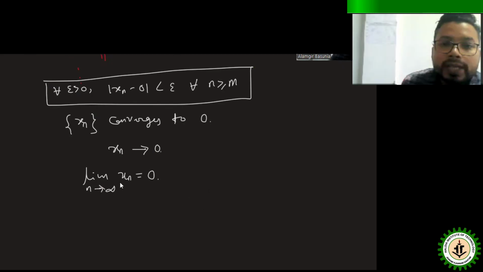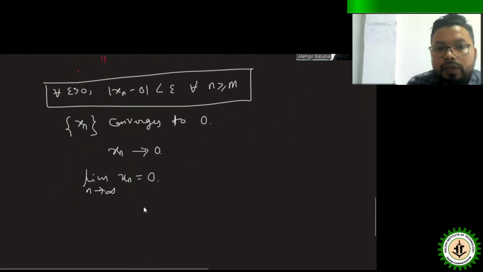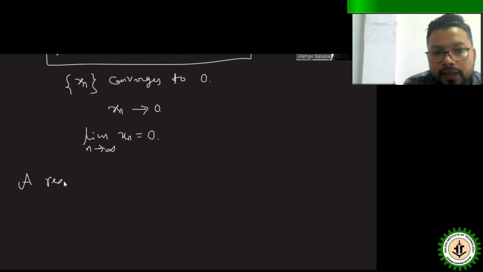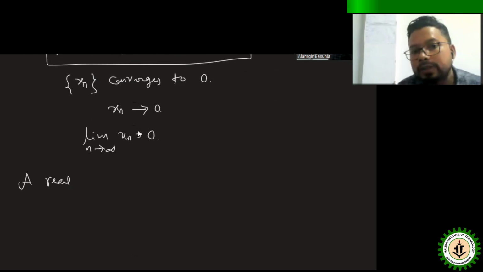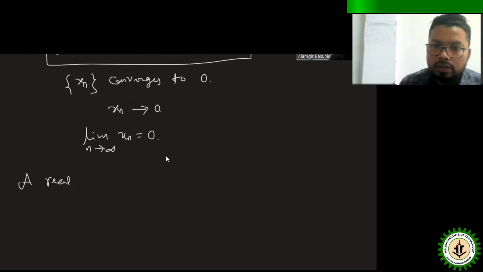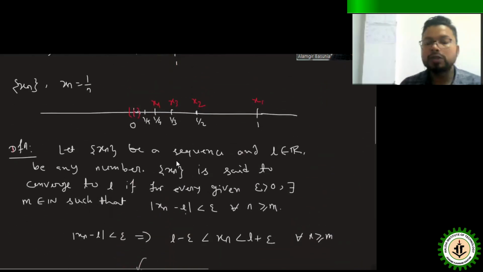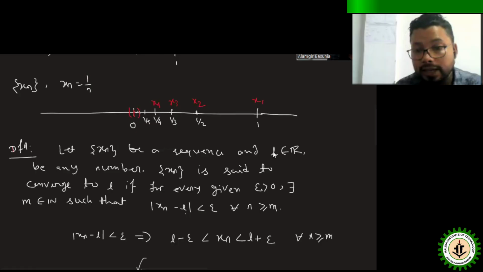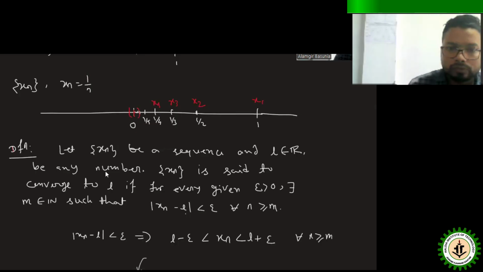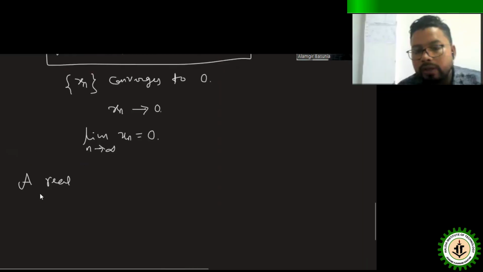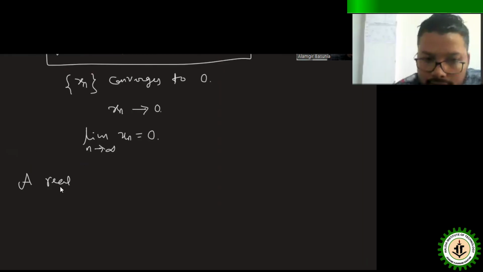This definition also we can say in another way: a real number L. Hope you understand the definition of convergence. What do you mean by convergence? In this definition also we can say this L is the limit of the sequence. The limit of a sequence, we can define this way: a real number